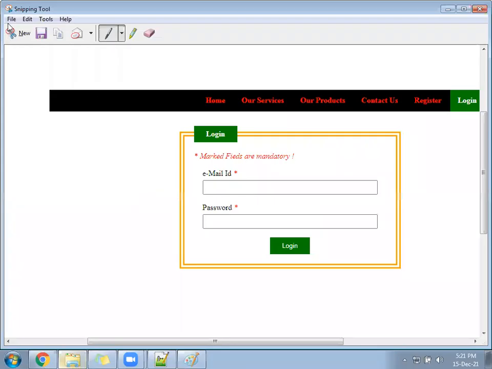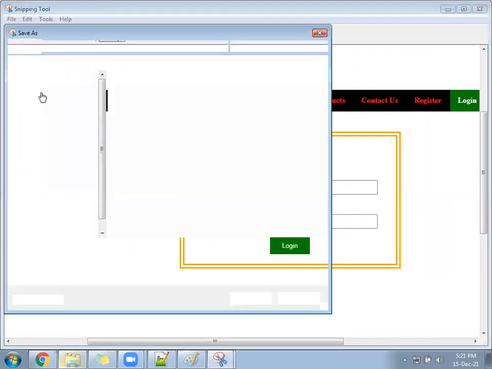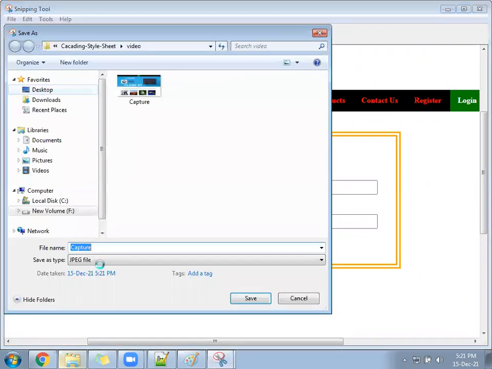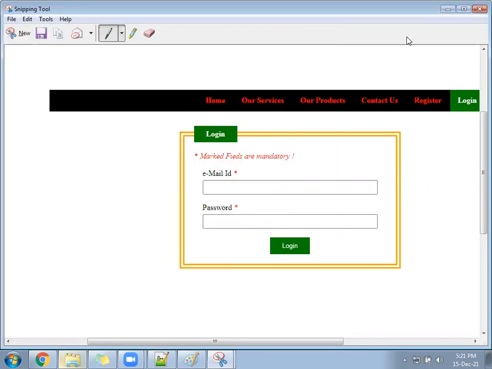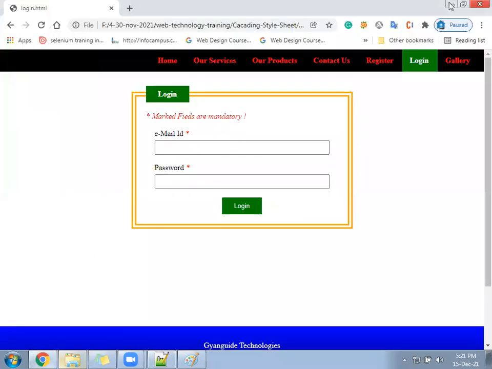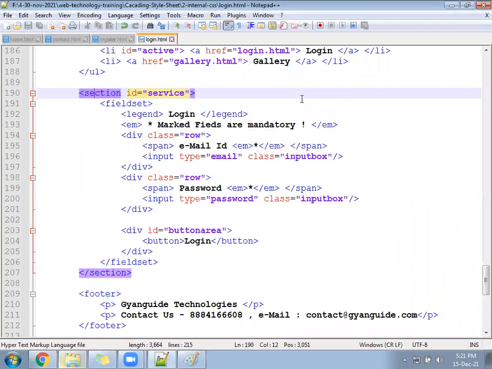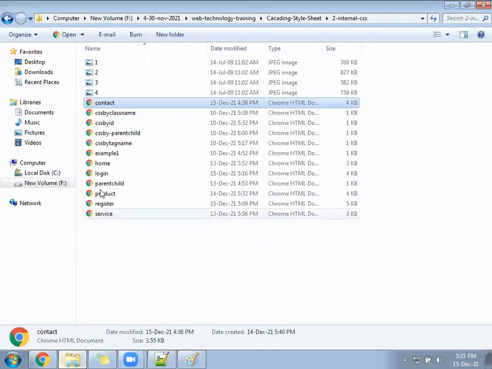Save this file somewhere. You can create a file called gallery and keep the gallery menu as active.